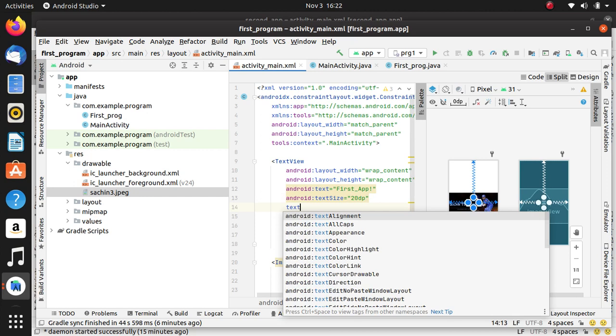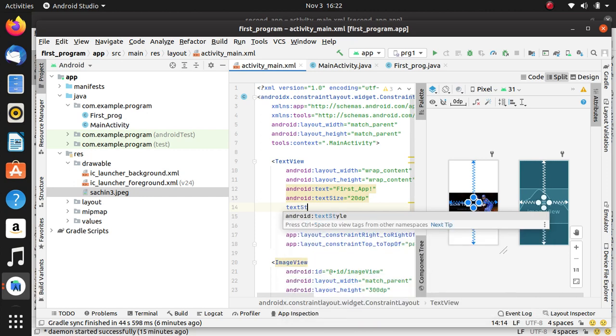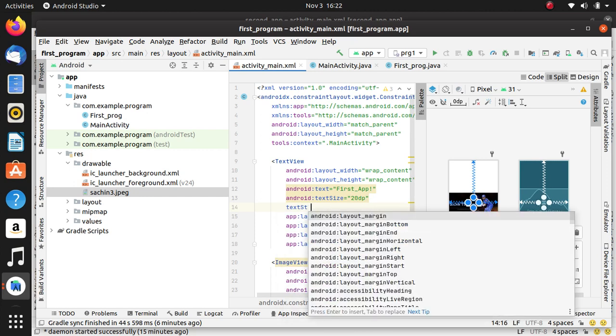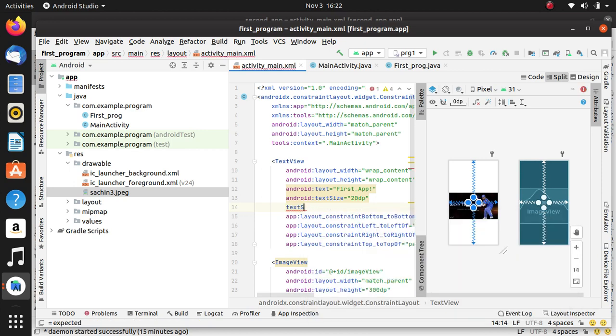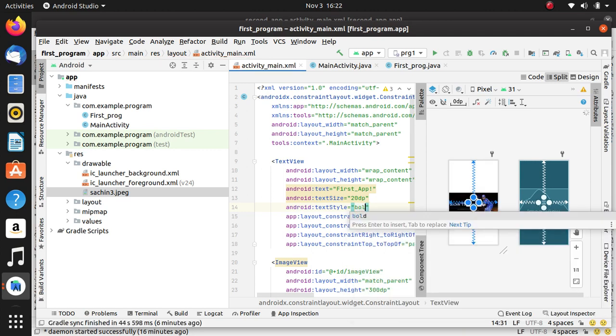Text style bold. Now you can see that the text changes to bold.